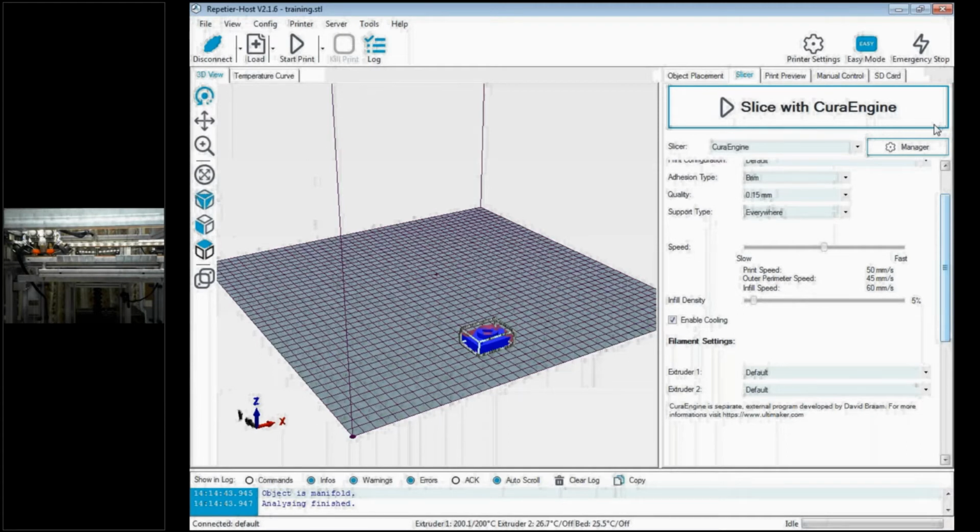Okay, then we have print speed. We have several parameters which affect the print. If the print speed is slow, your model will be as solid as possible, because the flow of the molten material will be in a good state, so that your model will have a good structure. It will be stronger. Again, if your print speed is fast, your model will not be as rigid. So we need to have some optimum speed.